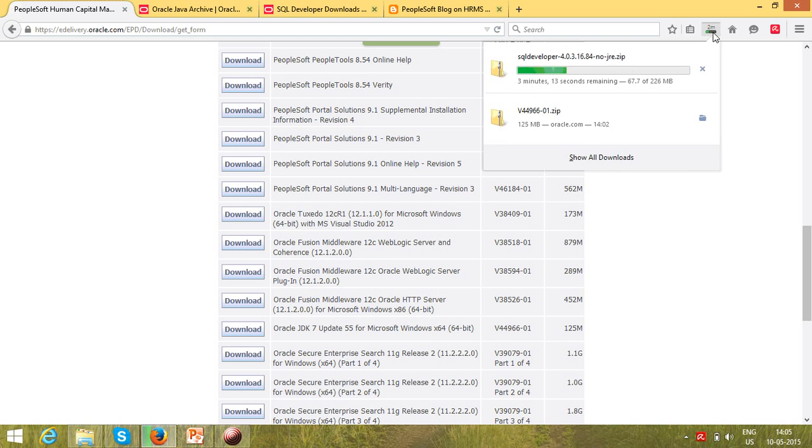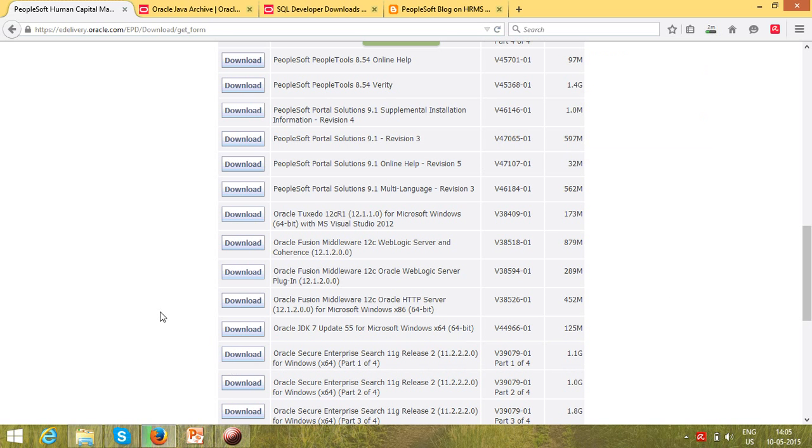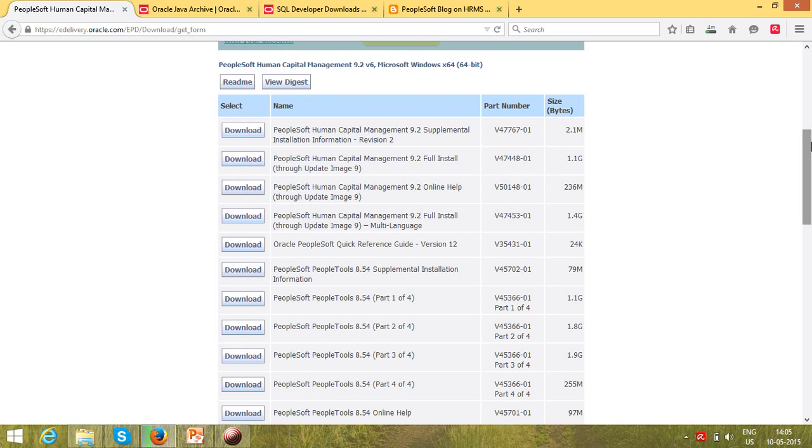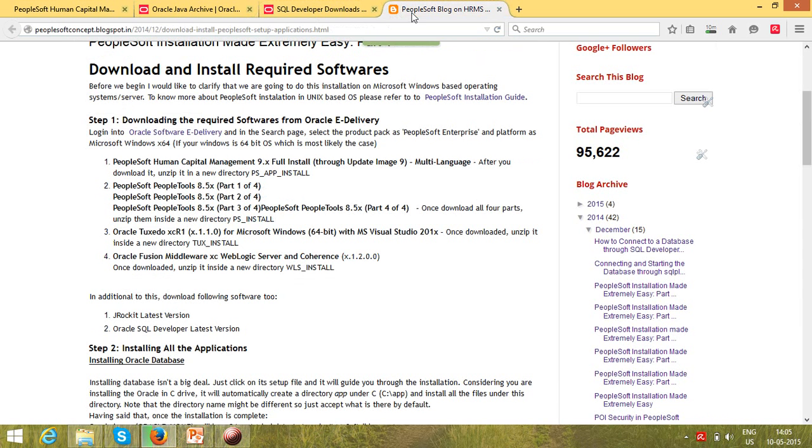So let it download. In the meantime, while it is being downloaded, I think this is the last thing which we need to download. After that, the download part will be over, and then once we have downloaded everything, we need to start the installation of all these applications.